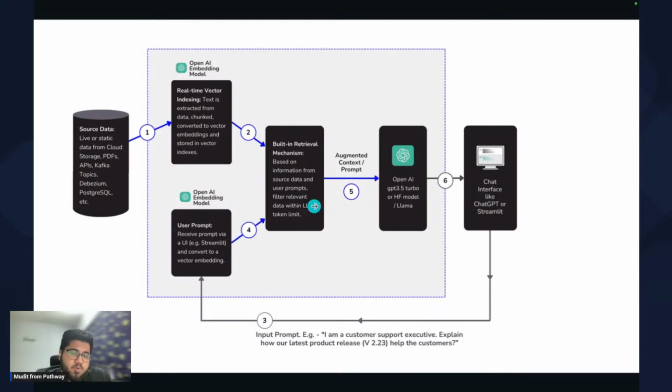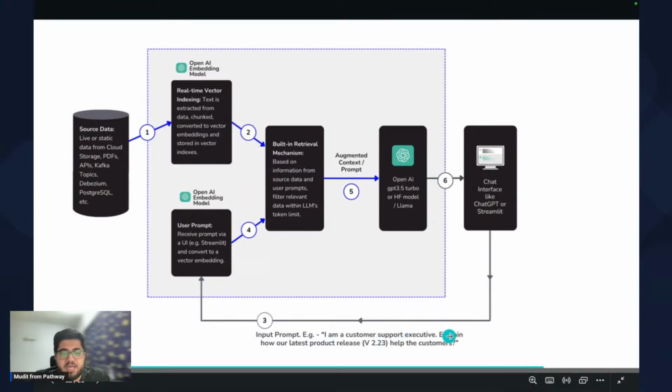Now, the retrieval mechanism. There can be various ways of retrieval. Essentially, when you're using a framework, they have their own built-in retrieval mechanisms. These frameworks can include something like LangChain, LlamaIndex. Pathway also has its own framework. The advantage of Pathway's framework I'll tell you, but right now, it's more important to understand that what you're doing is converting both the prompt of the user and the data into a similar format, that is vector format. Then the retrieval mechanism, based on the query that the user has given and the data, will do a similarity search and retrieve the most relevant information.